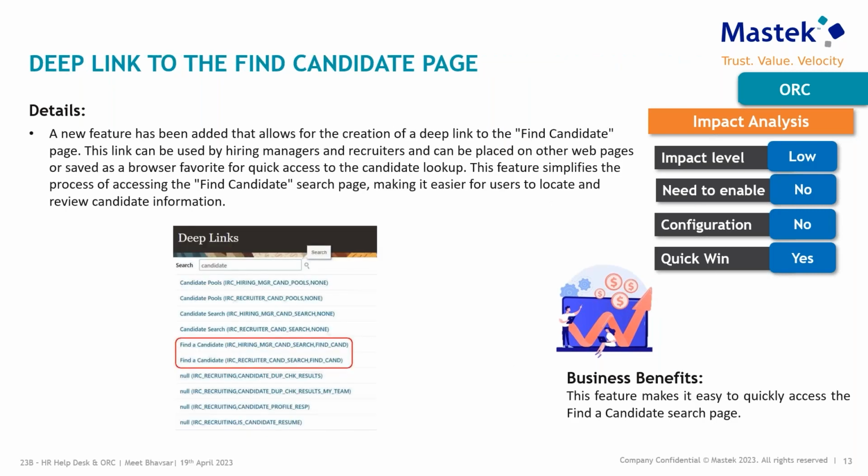Moving on to the next one is a deep link to the find a candidate page. A new feature has been added which allows the creation of a deep link for the find a candidate page. If you have internal URLs, internal SharePoints, etc., from where you want a recruiter or a hiring manager to directly navigate to searching a candidate, instead of going through a few clicks by logging into Oracle, clicking the hiring icon, clicking on candidates and then searching, it just reduces the number of clicks primarily. So you do have the find a candidate deep link now, which you can use and directly navigate to